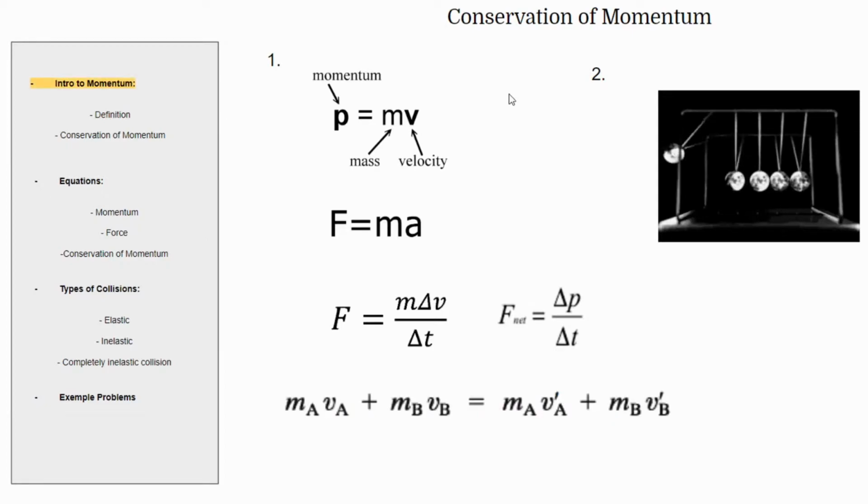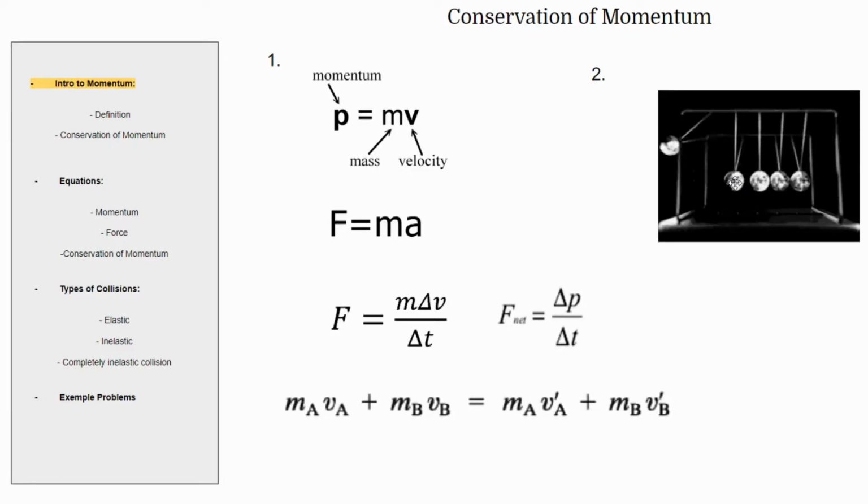When it comes to defining momentum, momentum is defined as the strength or force of something when it's moving. Basically, anything with a mass that is in motion or has a velocity has a momentum. If you look here, we have a pendulum. The ball that swings has the momentum, and it collides with the adjacent ball and transfers its momentum to that